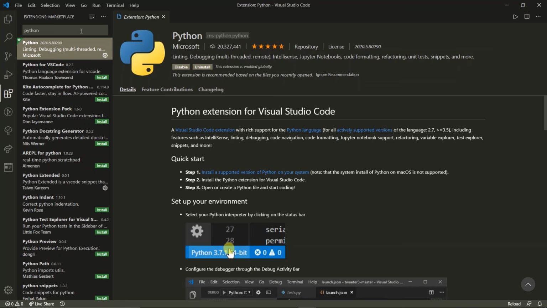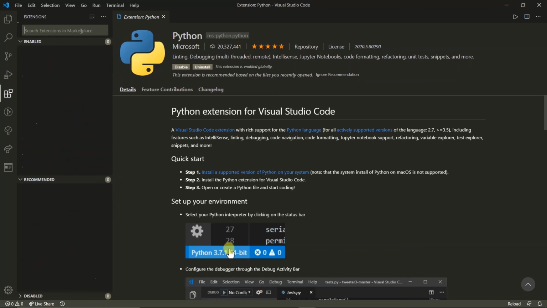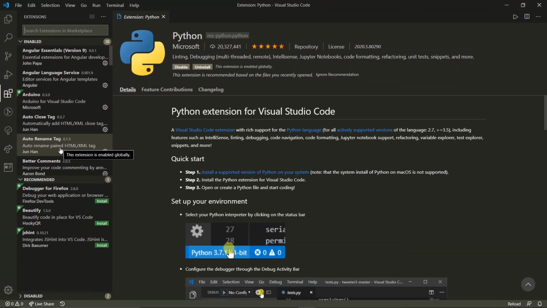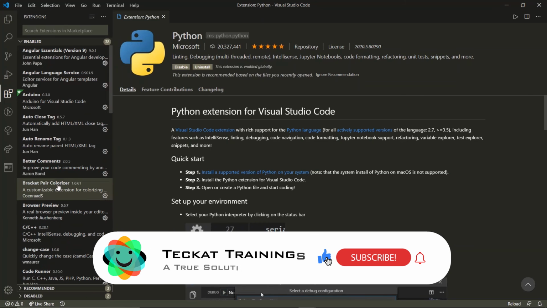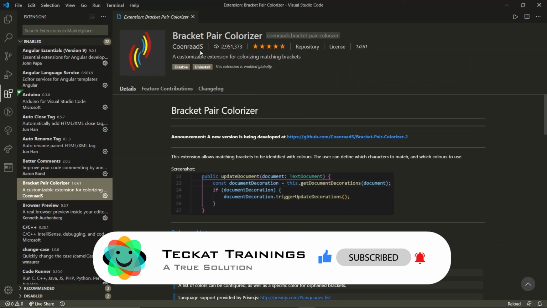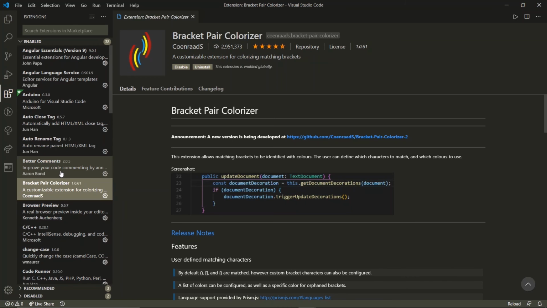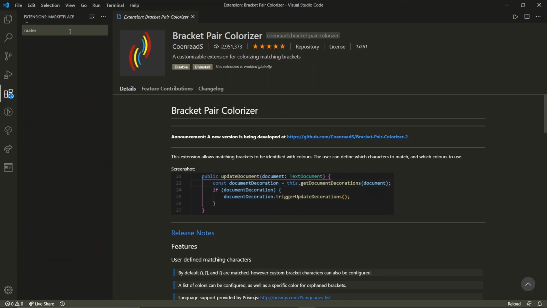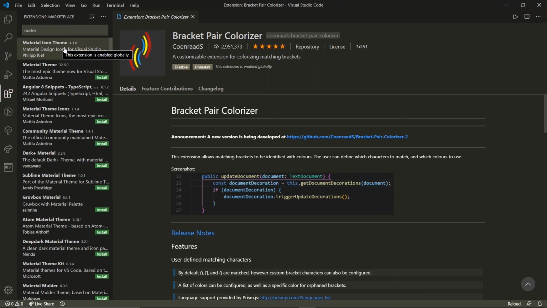After doing this, you can go for bracket colorizer. I believe it's an option for better coding, for better understanding. See, bracket pair colorizer, it's by CoenRaads. Okay, and you can go for material icon theme.